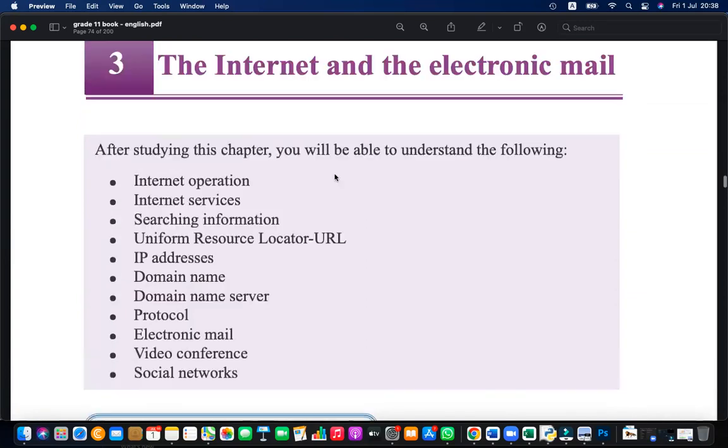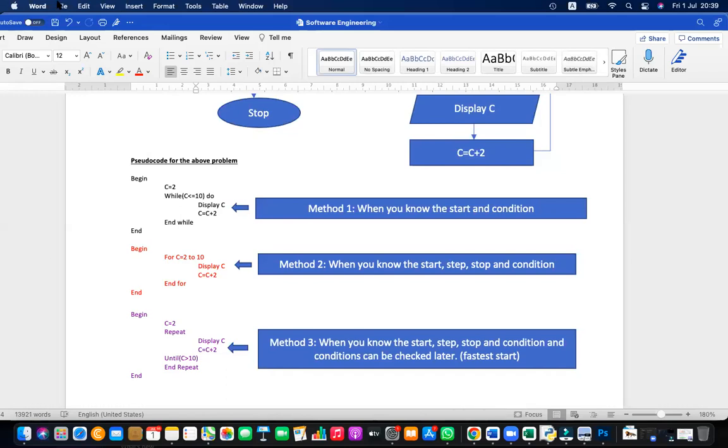Okay, so here we are going to learn about the internet and email. What did we discuss about the internet, if you can remember? The internet is the world's largest public wide area network. That is number one. I'll put this into a summary note.